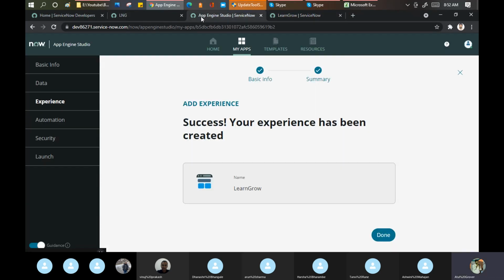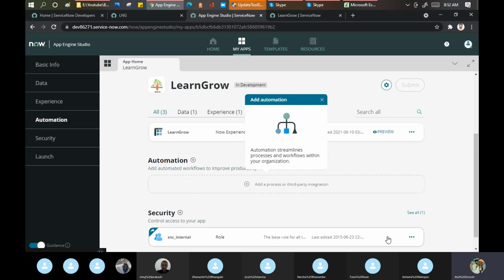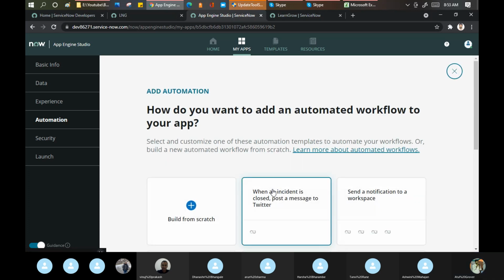Now I come to the next part. This done. Now what next do you want? I want the automation. Automation means, see, they change the word to gain popularity. But in short, automation means it is a workflow only. Okay, I'll get a workflow here. What type of workflow do you want?